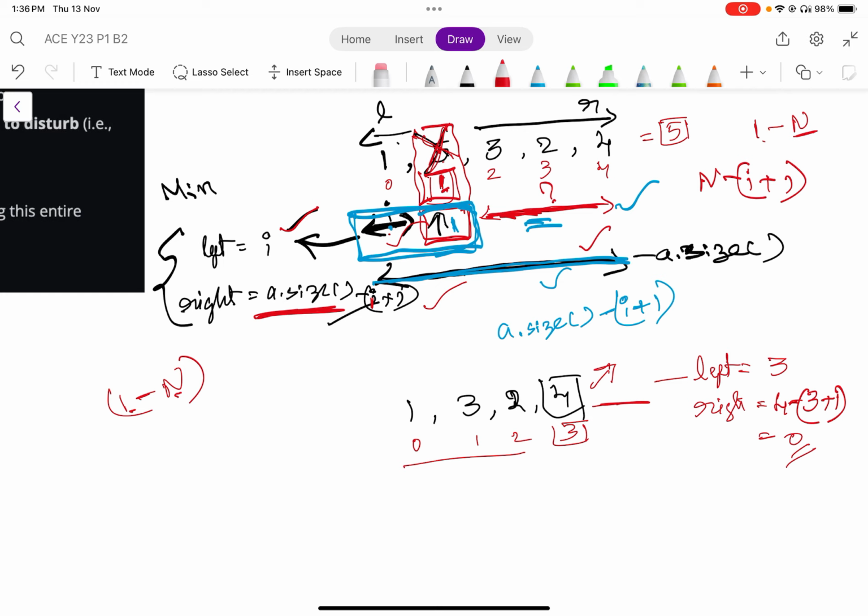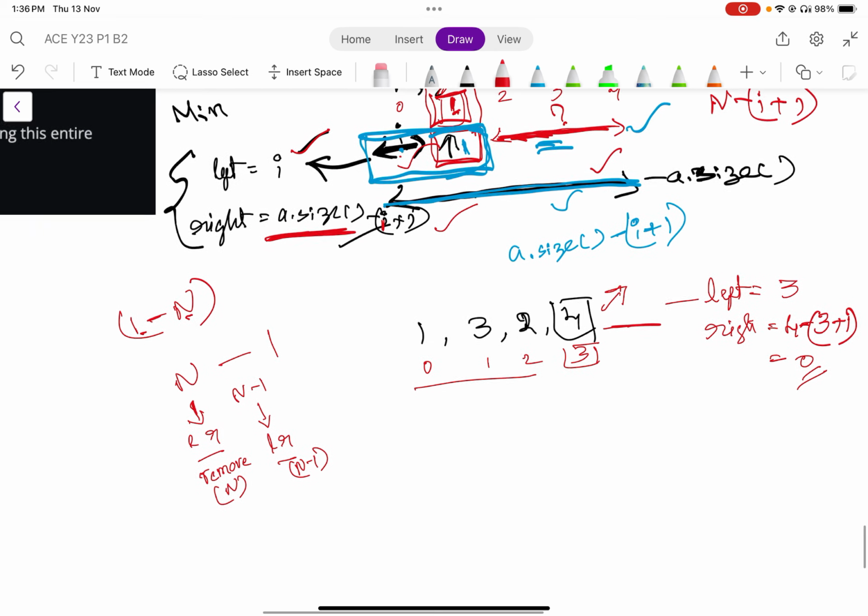So don't you think that if I iterate from n to 1, I get the index of n first, get left and right and then find the minimum, and then n minus 1, find the left and right and then the minimum. Don't forget to remove the n person. Here also n minus 1. Okay. So if we go in this manner,